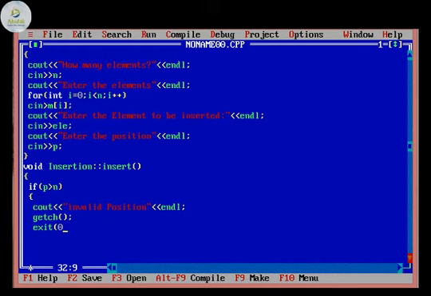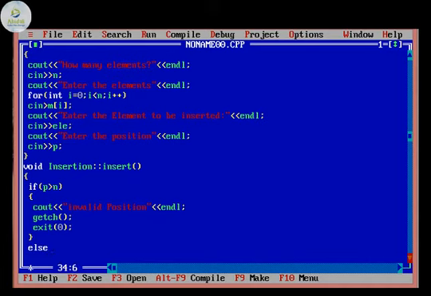For that I will use getch before that, and exit 0 for terminating the entire program. So before terminating, the output has to halt for a key to be pressed, or for several seconds, so that you can see the output. For that I have added getch, it is an additional one. So the entire program will exit if insertion is not possible, when the value of p is greater than n, that is, position is greater than n.